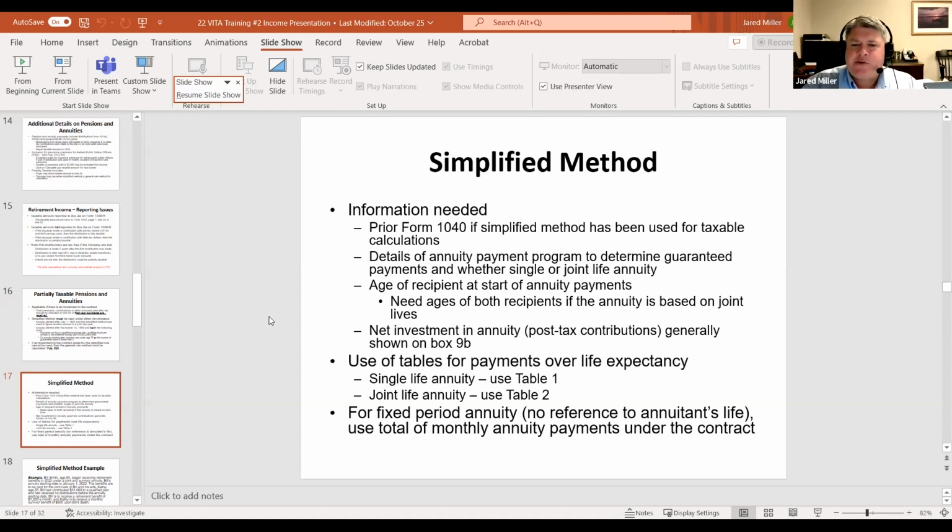Now, we had a conversation this morning about how our traditional print program does not actually show the simplified method calculation form. So one of the things we take a look at is, I know one site was actually writing down how many months they had left, how much of the contract they've used already. However, I want to give you another technique here too. If you've been preparing returns and use that VITA default position to take a look at the screen, the VITA default one is actually going to take out all the other pieces of information you don't really need to give to the client.